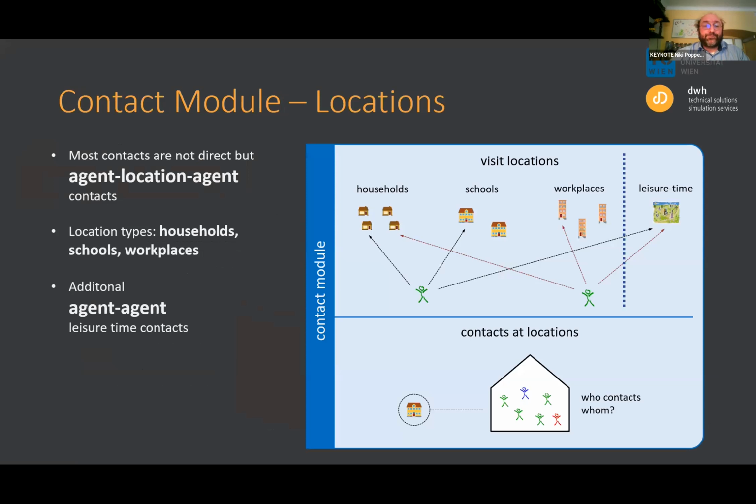It's the contact module. So the basic idea is that we have different areas with contact. So we have households, schools, workplaces. We also have, which is very important at the moment, Pflegeheime, so the areas where old people and ill people have their treatments. And last but not least, we have an additional area, which is the aggregated leisure time contact. So what is the idea? The idea is that people are living their life, going to the areas where they have contacts, and then we can implement this in the model.